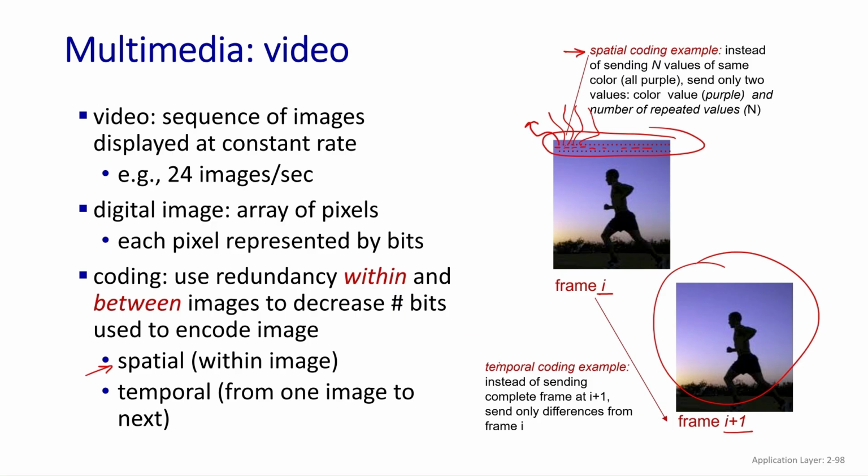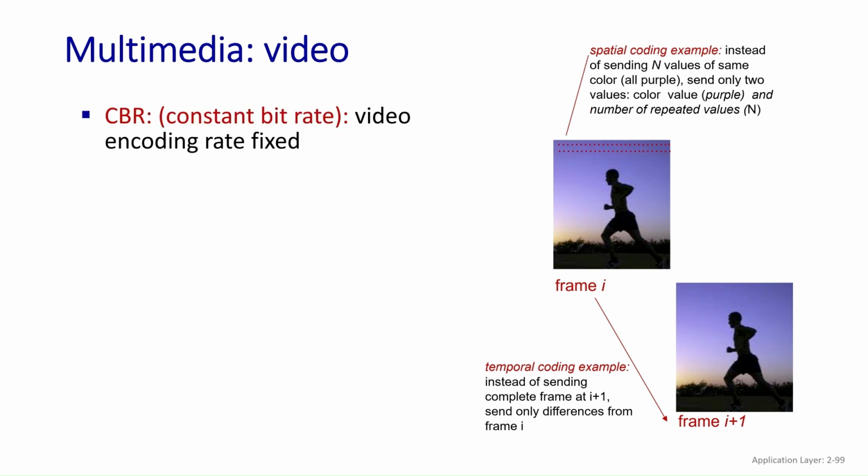So temporal encoding is what? Instead of sending the complete frame at I plus 1, right, we will only send what? The differences from the previous frame I. Again, saving a lot of bits to represent images or a video, right? So it's very popular that we do both, right? Temporal and spatial encoding. And then